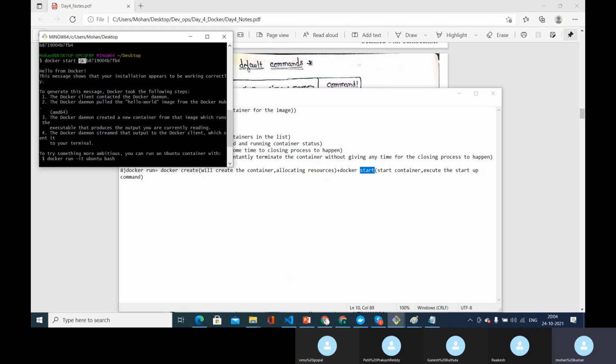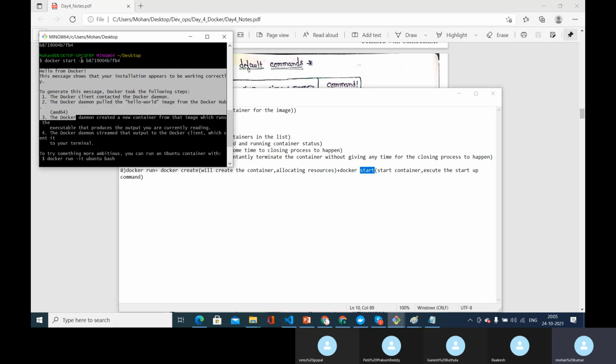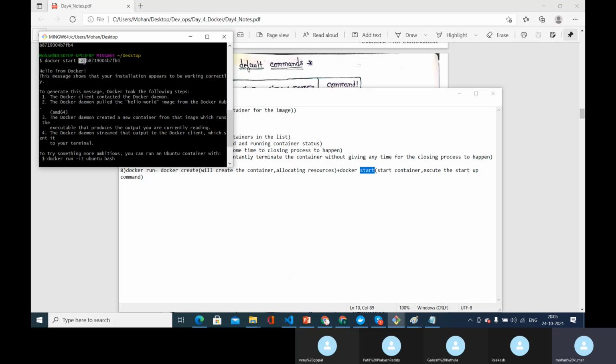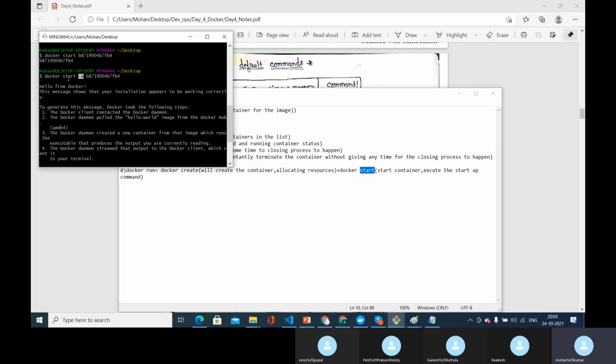Without this -a, it will not watch for the output. It will just simply execute, but it will not print out the output that is coming out of the container. To watch the output coming from the container, you have to use this -a. Once you use this, only then will you be able to see the output similar to docker run. So -a will watch the container, watch for the output from the container and print it to your terminal. That is what basically happens with docker start -a.